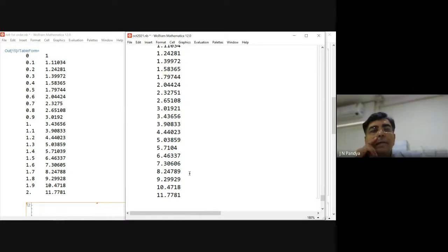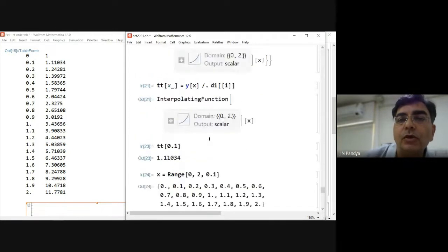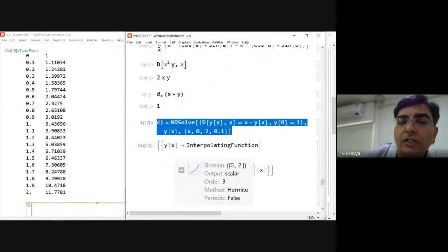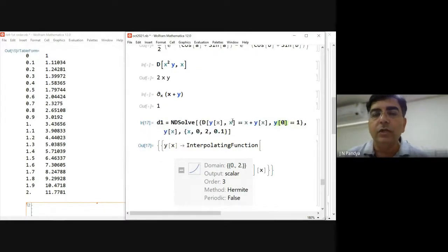Is it okay? So, what is important? You could solve a differential equation numerically straight away in this way, in one line. And as such, it could solve even analytically also. But if you want to solve it numerically, the only thing you have to tell is what is the initial value, what is the actual differential equation, and what is the range of x in which you want to solve it. Three things you have to tell. And it will be working for you.